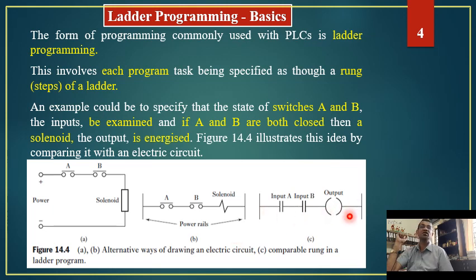So this is how a ladder diagram looks like. So figure C is a ladder diagram. As we can very clearly see, figure C and figure B are almost looking alike, right? With the two power rails, this one and this one, and these two power rails are connected with the circuits. And in the circuit, we have two inputs, this input A, which is nothing but a switch called A, input B, which is nothing but a switch called B. Then we have the output, which is nothing but a solenoid, right? So this is how a basic ladder diagram looks like.